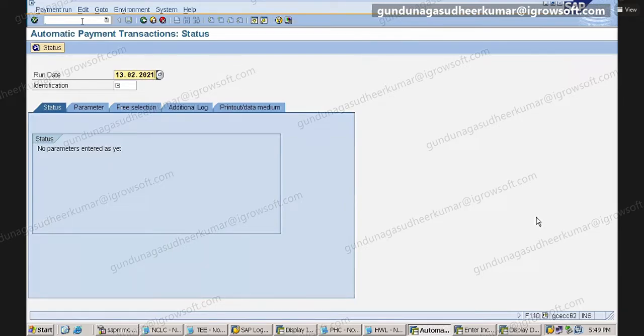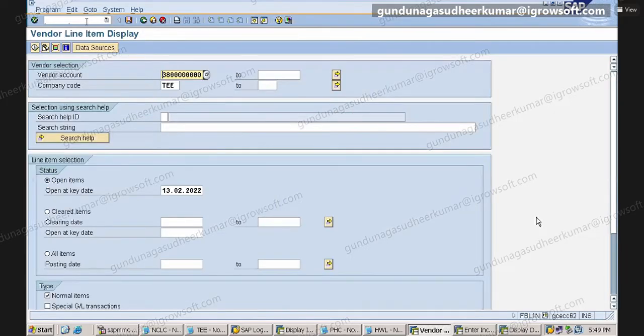13.02.2022. But tell me, here do we have any TDS-related payments pending? Yes, then it will create problems.